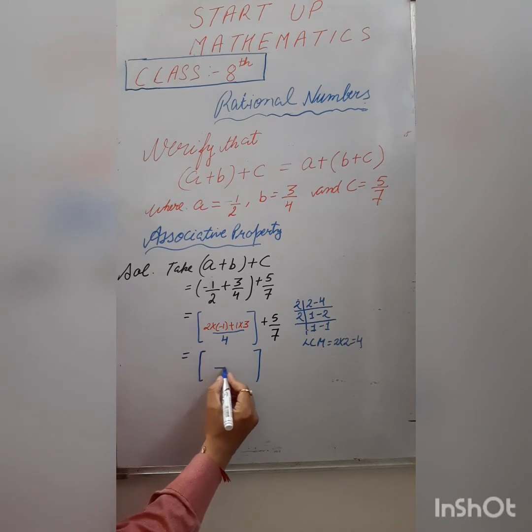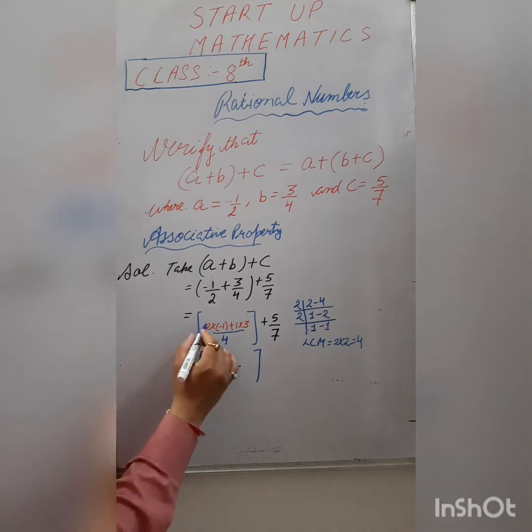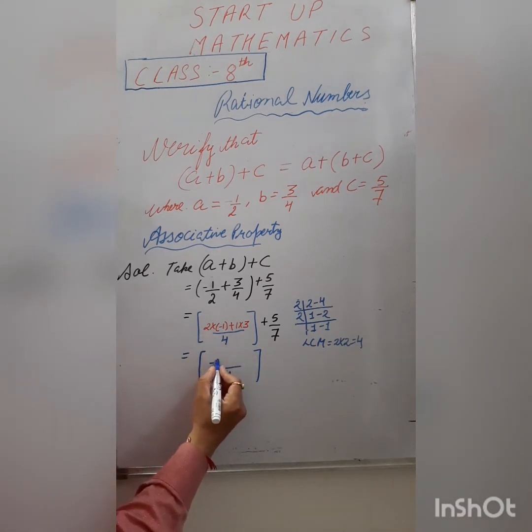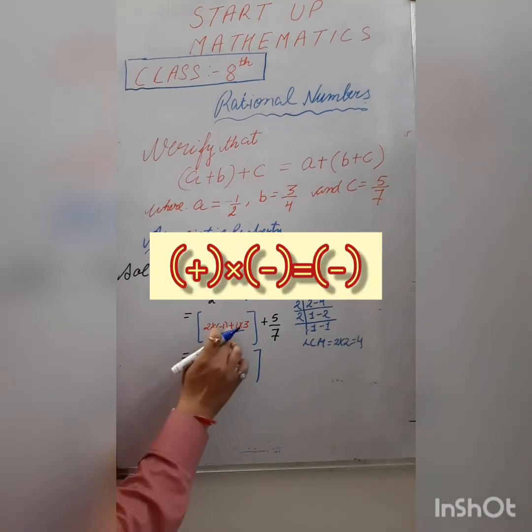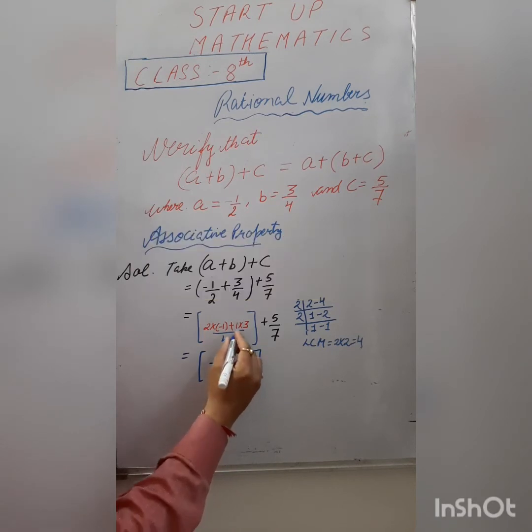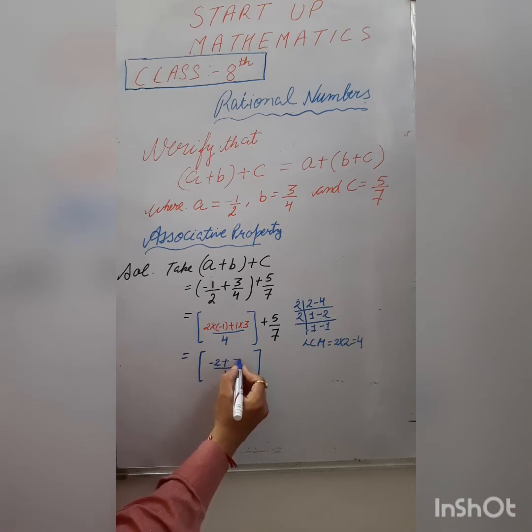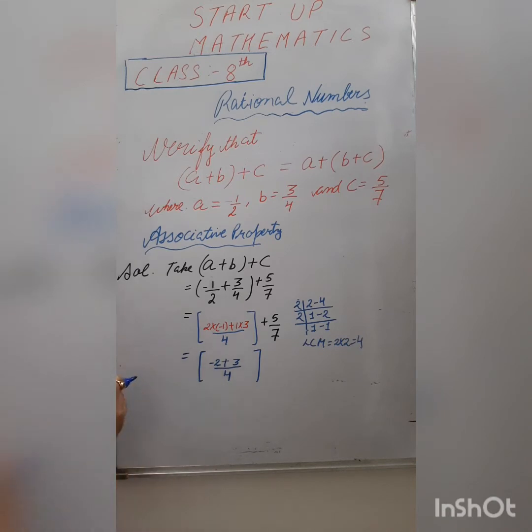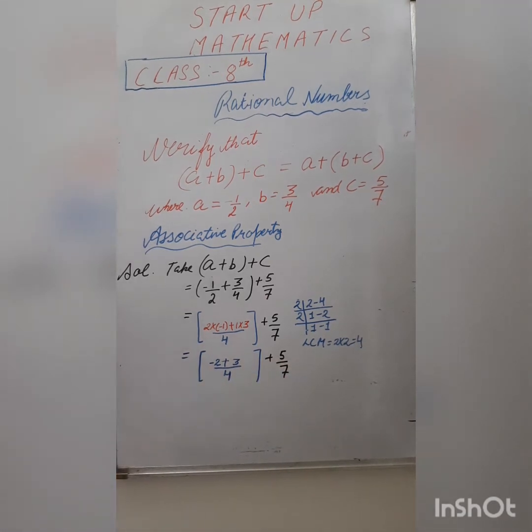Now the denominator as it is 4. 2 multiply minus 1. One number is positive and another number is negative, so 2 ones are 2, and the answer is minus 2, right? Because the two numbers are of opposite sign. Plus 1 multiply 3, same sign numbers, so the answer is 3. 3 ones are 3, right? So this is the denominator, and the third rational number we will keep like this, right? Clear?